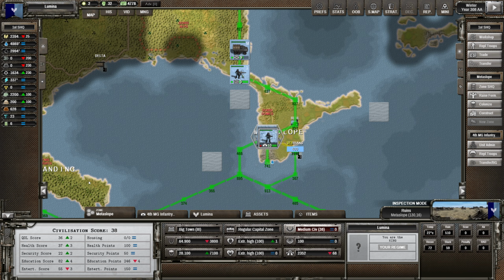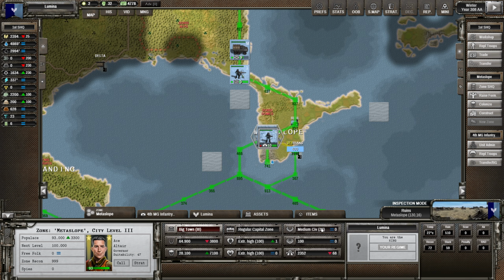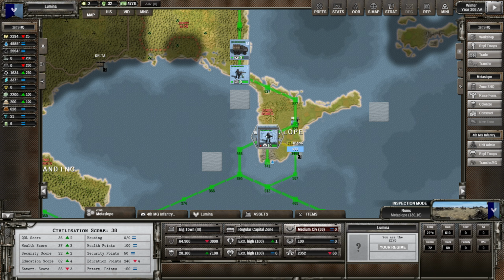This is another top tip that you need to know. Do not raise the size of your towns until you need them. Let's say you've got a medium civilization here with a big town, level 3, a level 3 zone, medium quality. If I go up to level 4, hoping to build level 4 assets because I need a big airbase or I want more industry from my hexes, be aware that it will reduce your quality of life